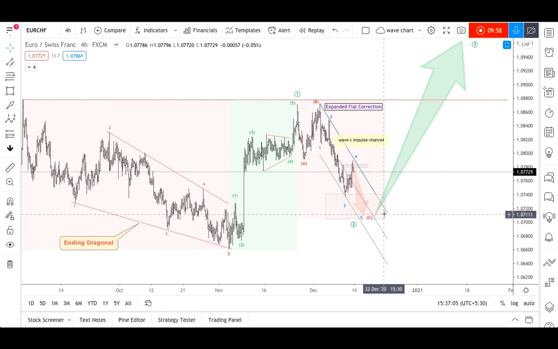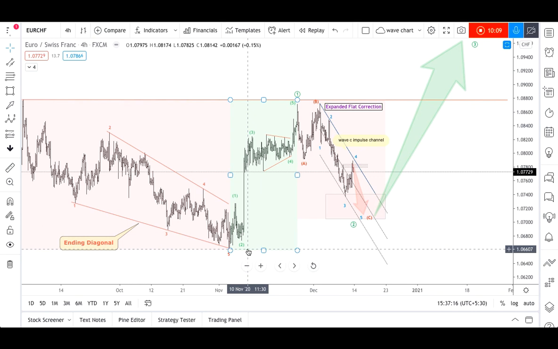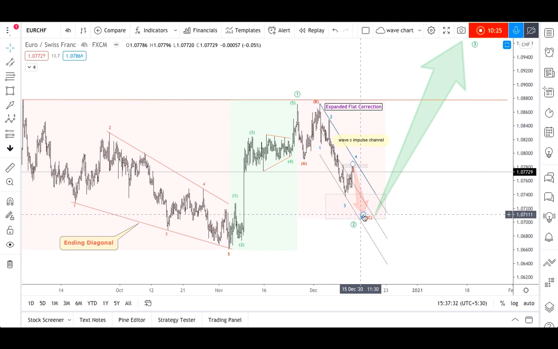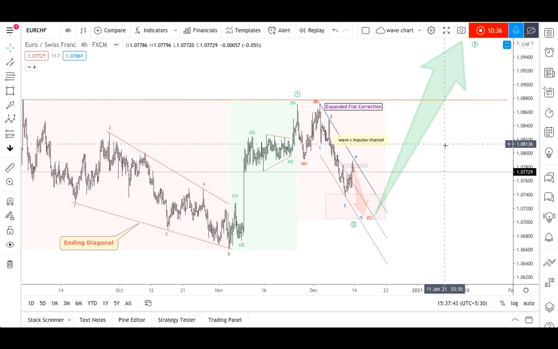So wave 2 should end in this region, and after that if this area holds, one should go long in this region, keeping a stop loss at this wave 1 low, okay? Because the very first rule of Elliott wave suggests that wave 2 should never retrace 100% of wave 1. Okay, so this should be the stop loss, and the buying region should be this, and the third wave should go above these highs. Okay, and further, if it starts moving upward, we will review this idea again.